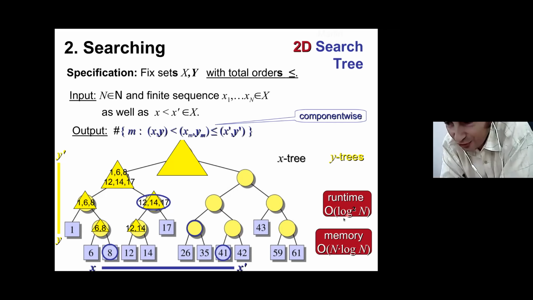And so for 1D search, you need O of log n operations, and for 2D search, you will need O of log squared n, because every operation now becomes log n operations with respect to the y component. Okay, so this is how you can search efficiently